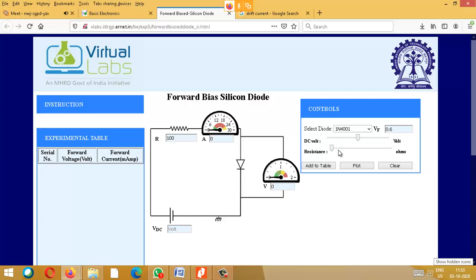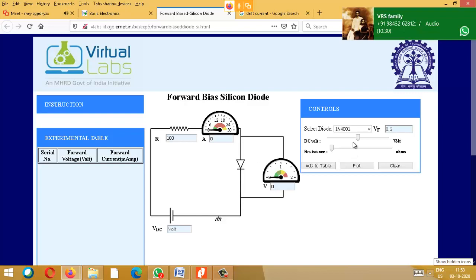Short is nothing but, from a single plug point, if you connect a wire from phase to neutral, that is called a short. Then you will have 0 resistance, and if there is any short, the fuse will automatically go. So I have kept some minimum resistance of 100 ohms.